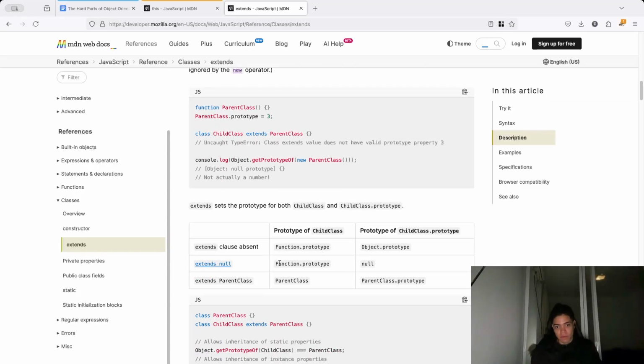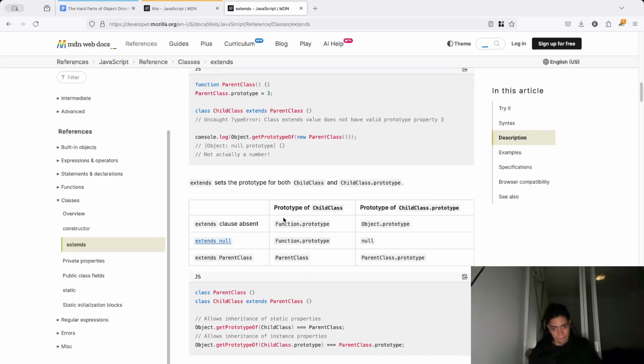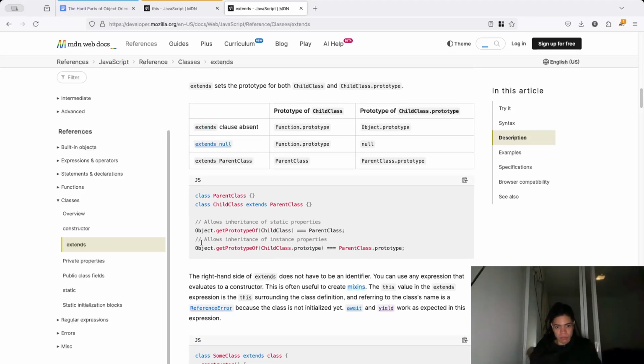Extend null: function.prototype and the object.prototype. Remember that after all, a class is a special type of object. It's a special type of function, and the anatomy of this is an object function. So the object aspect has the prototype, as well as the function itself. If you use Object.getPrototypeOf on the child class and compare it to the parent class,